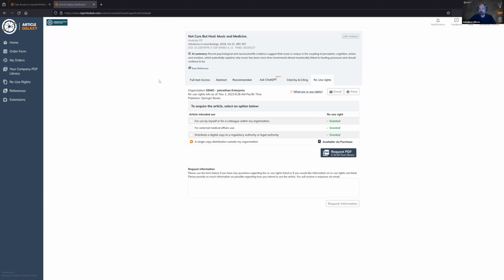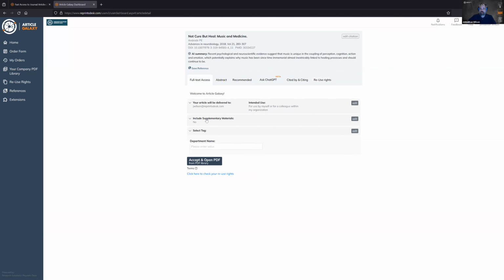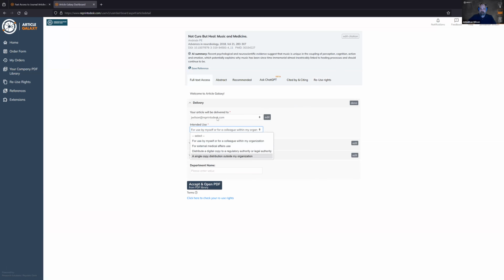Our licensing are also built into our platform at no additional cost. So that is one of the benefits that we find that our users are really appreciative of, is that there is no additional cost for knowing how these intended uses work. Reuse rights is an additional cost to your platform to use the UI and these options. However, when purchasing, you still have that information provided to you when you select your intended use. You can see here that even though I'm not using the reuse rights UI, I do have that information available to me at the point of purchase. And additionally, we can load external licenses into our system for another layer of copyright compliance that